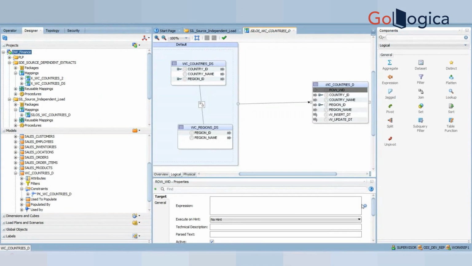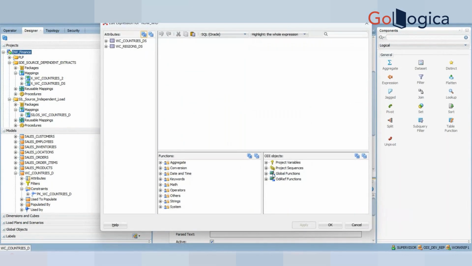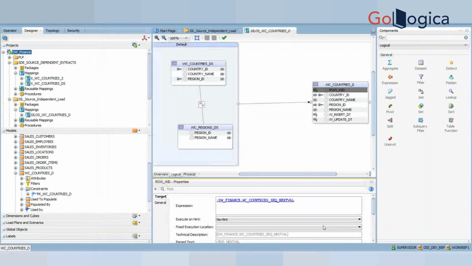So I'll launch this expression editor. Here I'll go to the project sequence and use the project sequence that we have created. I'll say apply and okay. Now let's go and select the null. Oh, before selecting that,